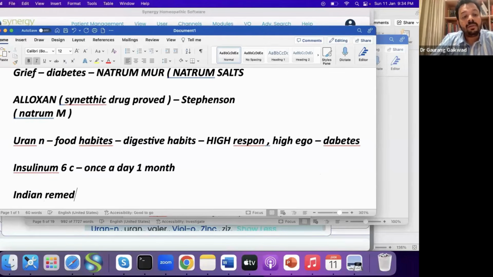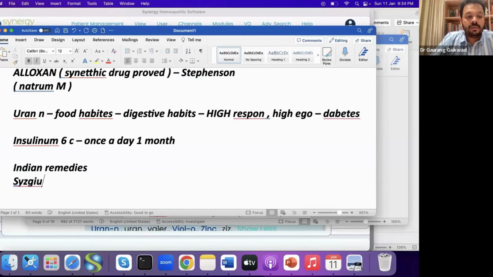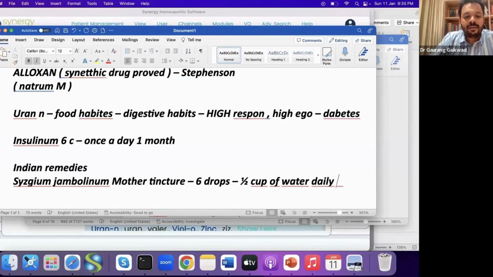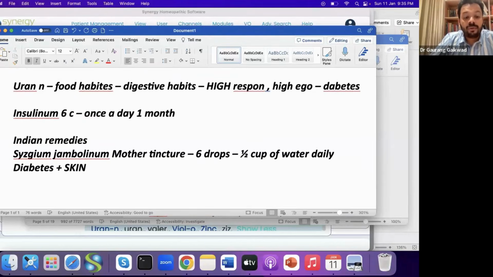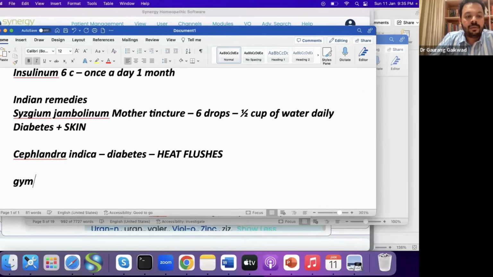There are also some Indian remedies like Syzygium jambolanum. You generally give this in mother tincture, 6 drops in half a cup of water daily. Generally, in Syzygium, there is diabetes along with skin problems. The other remedy that I often use is Cephalandra indica, which has diabetes along with a lot of heat flushes in the body. And Gymnema sylvestre, which has diabetes plus a lot of gastric symptoms. So this is a little bit about the